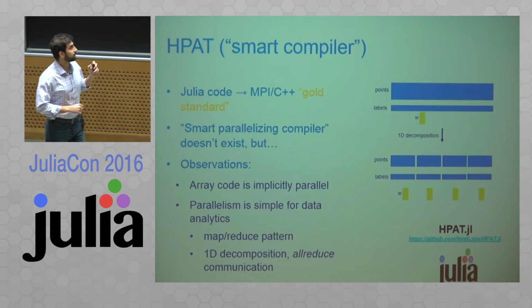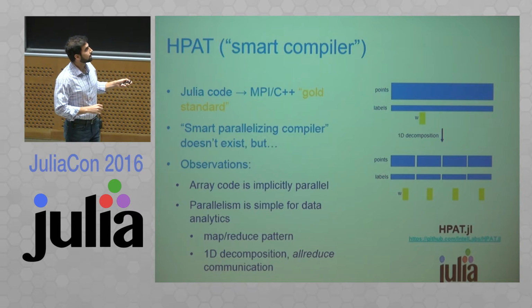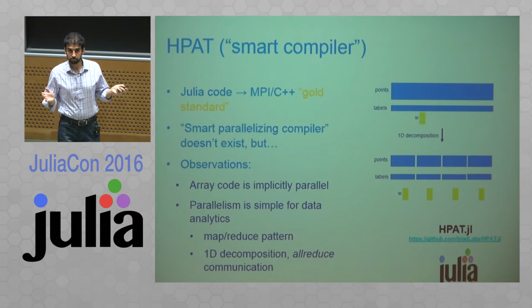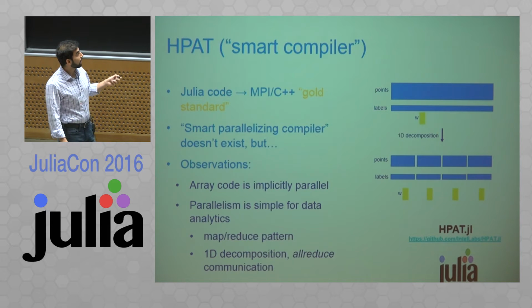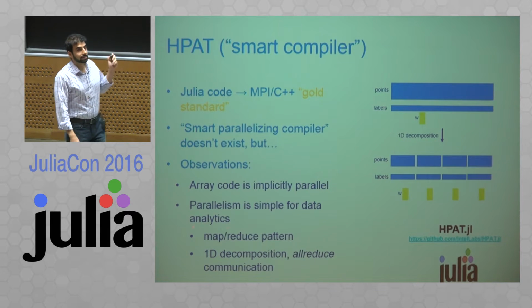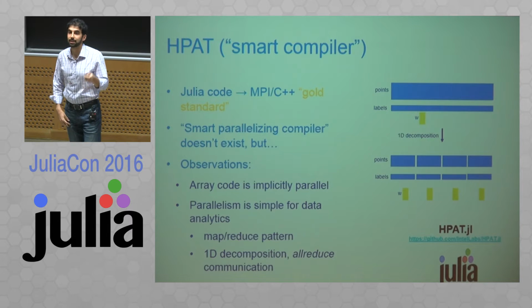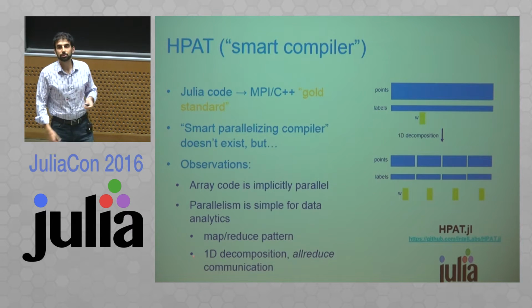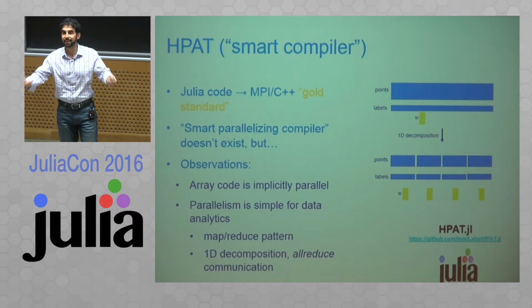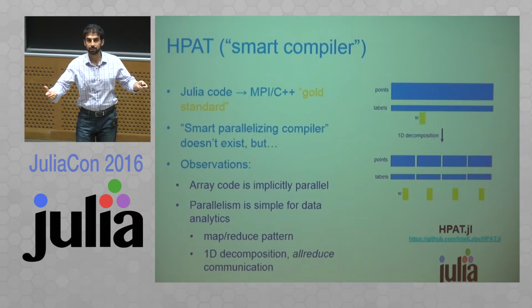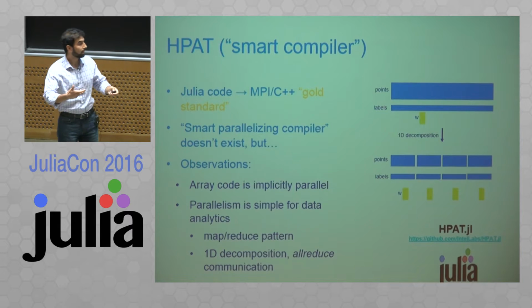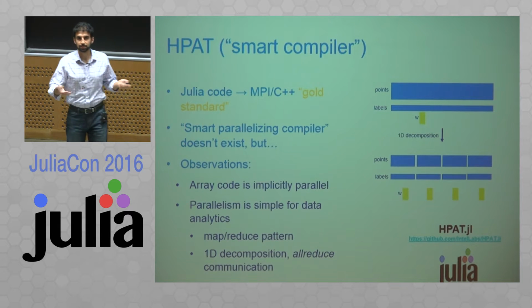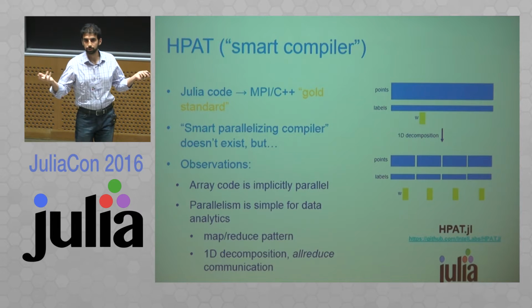A few observations. Array code is already implicitly parallel. When you say this vector plus that vector, it means it's parallel. You don't specify any order. And also, parallelism is very simple for data analytics and similar domains. You have some sort of map-reduce pattern, data parallel pattern underneath the computation, whatever it is, even though you're not writing map-reduce code. That's why these libraries have been successful, like Spark, because they provide map-reduce, which is natural for